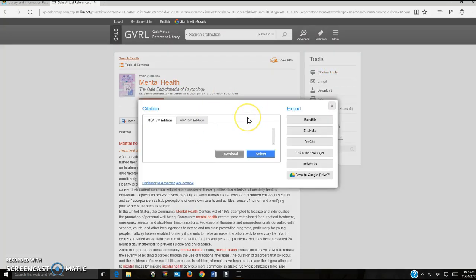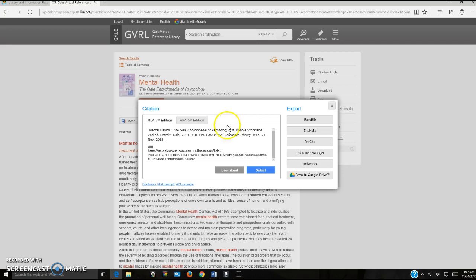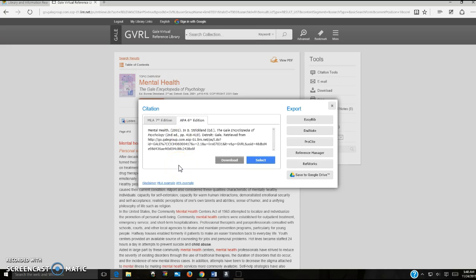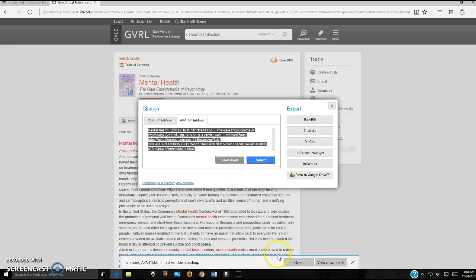I clicked Citation Tools, and here they give me a citation, but the default in Learn is always the MLA style. You usually have the option to click over to APA style. You then want to select it and download it, and then open it, step, step, step, step, step, and then it shows up in another